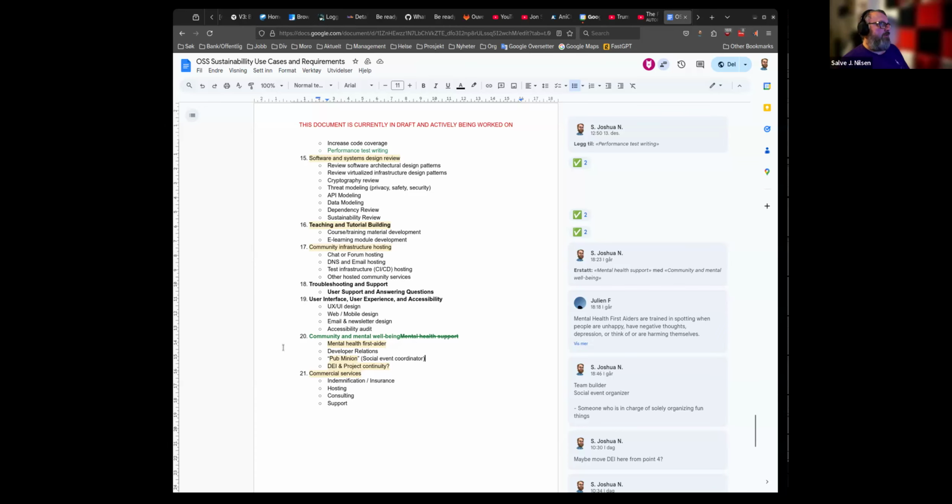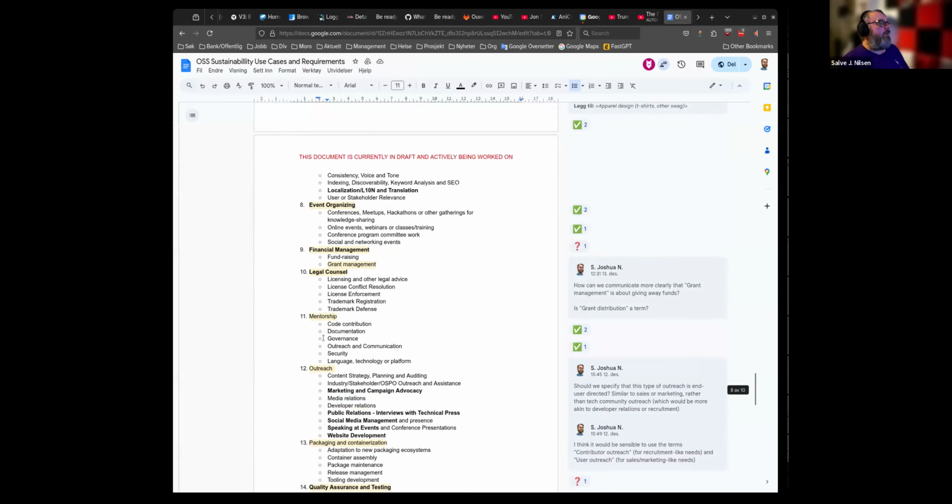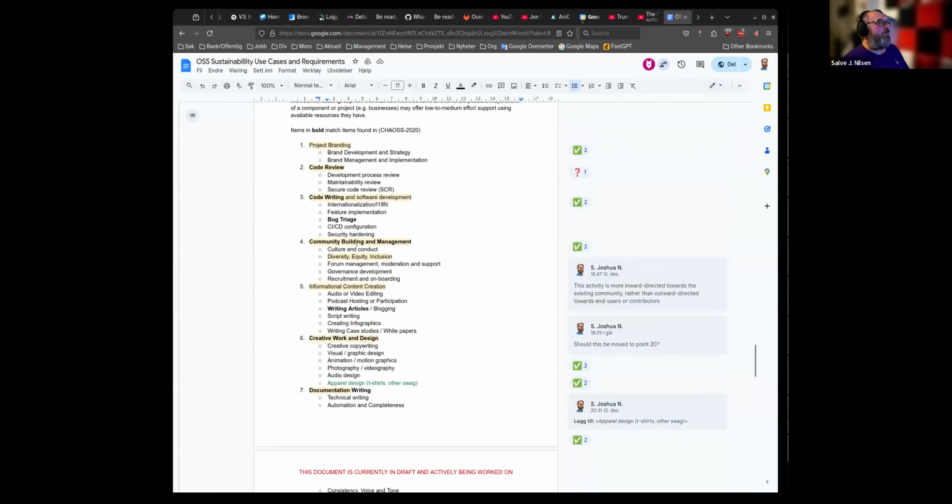This is originally from point 4, which was about community building and management, which is more about shaping culture, or the organizational parts on how to make a community work. Not entirely sure if diversity, equity, inclusion belongs in point 4 or point 20. So what is your opinion, Steve? Do you have any on this?